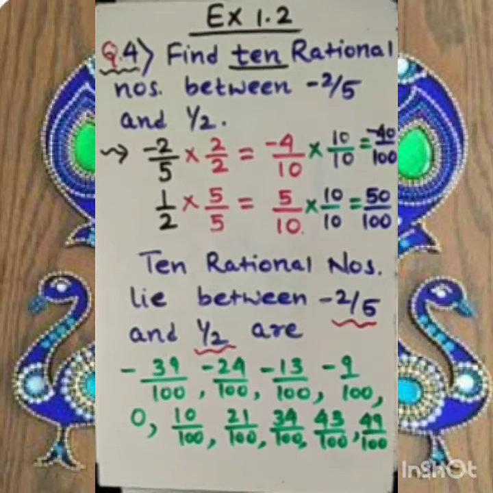But dear student, please note the important point that your answer can vary from the answer of your classmates or your friend. It may be possible because he may choose some other numbers which lie between these two numbers. So he can be also correct. She can be also correct. But dear student, how to write, what to write between these two numbers, the judgment will be yours. So I hope it's clear to you. Question number 4.